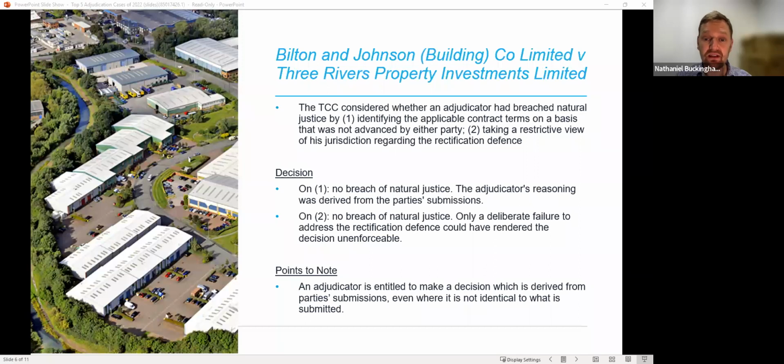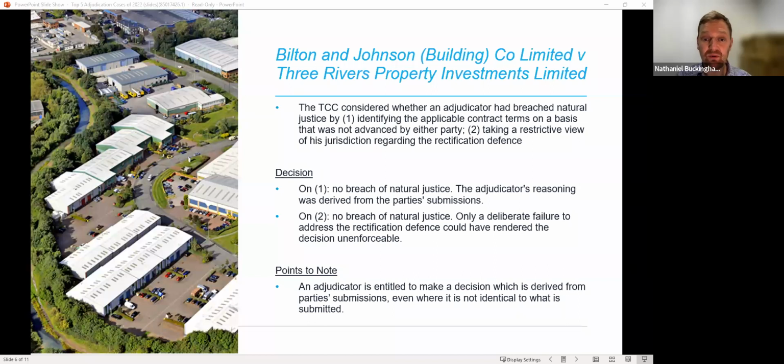The adjudicator concluded that the tender contract was validly formed, but was then superseded by the JCT contract. The adjudicator therefore ordered the defendant to repay the LDs. The adjudicator rejected the rectification argument, finding that the higher rate of liquidated damages was disproportionate and would have amounted to a penalty in any event, so that in any event he would not have been in a position to rectify the JCT contract. In court, the defendant argued that the adjudicator had acted in breach of natural justice by